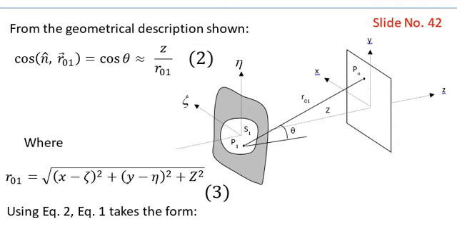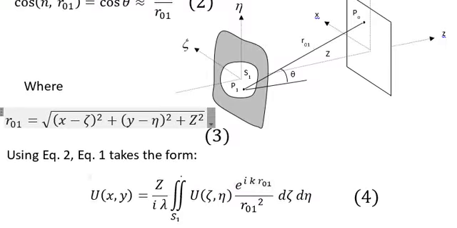From the geometrical description shown, we can write cos of n comma r01, that is the angle between the normal to the surface and r01, is equal to cos of theta, which is shown in the figure, is equal to z over r01. So r01 is actually the radial distance between the point P1 and P0, where r01 is given by,